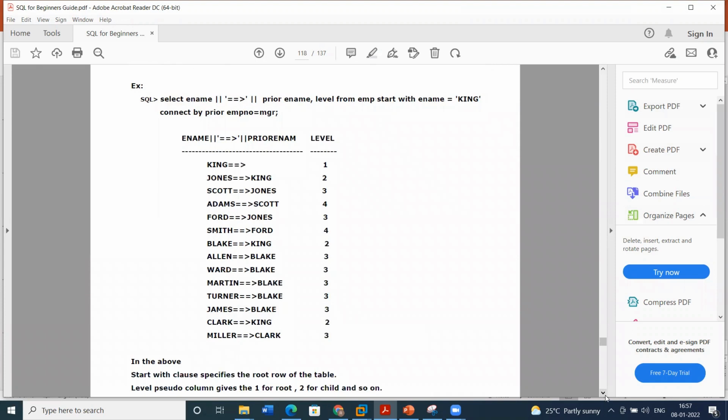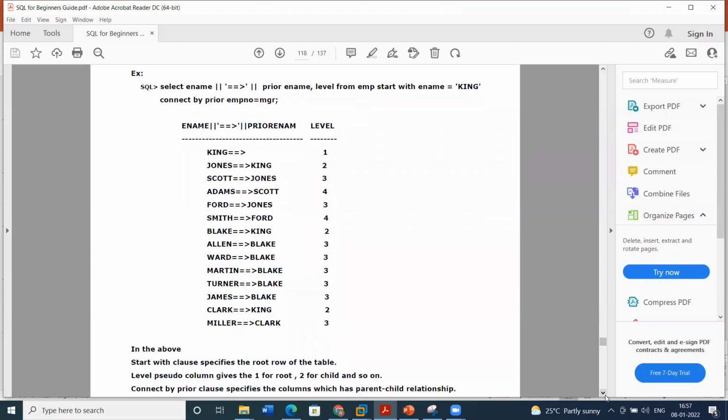This is mainly used in an HR database, where the reporting hierarchy of employees runs from the starting engineer level to developer, senior developer, the next level up to manager, senior manager, delivery manager, about the hierarchy of an organization.